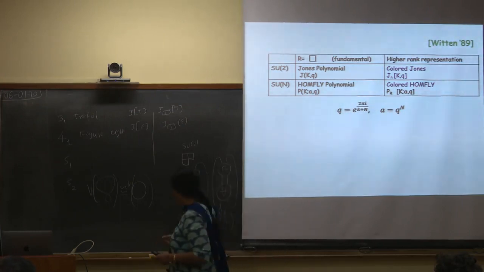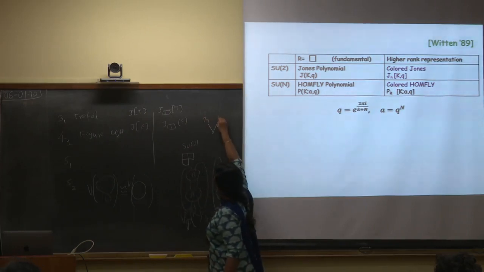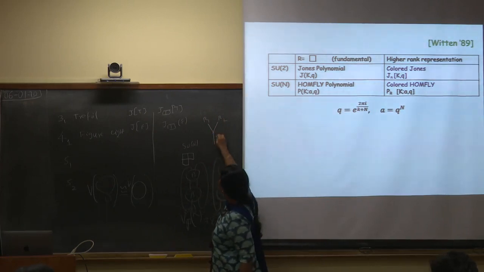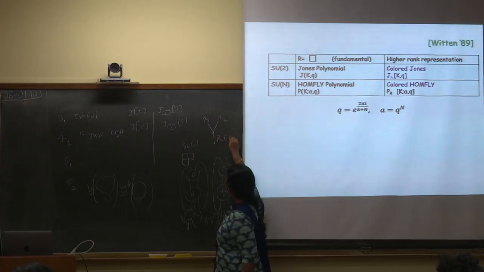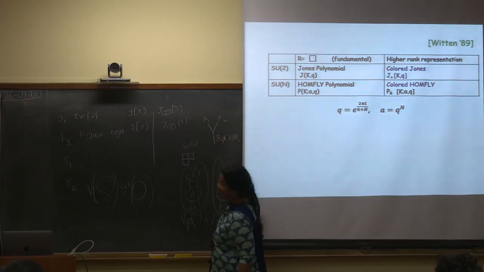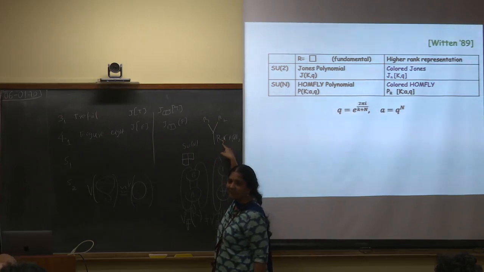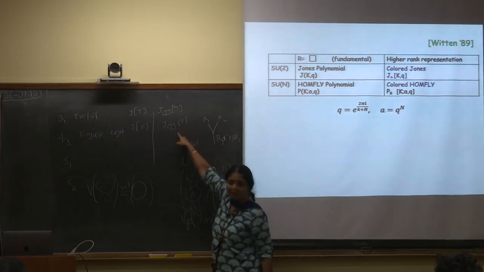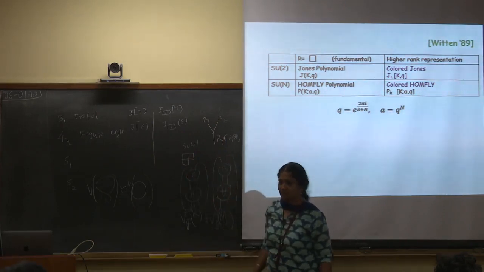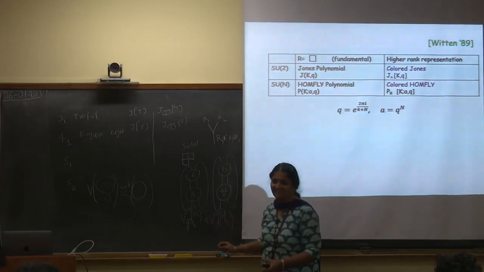Usually what we do blindly is, if you take two primary fields in the Wess-Zumino conformal field theory in representations R1, R2, we say that it gives you an R which is an element of R1 cross R2. But you also have to put in additional information, which is the multiplicity. The multiplicity is only 1 for the symmetric case, but in this case some representations will have multiplicity more than 1. And this information seems to split these knots out.